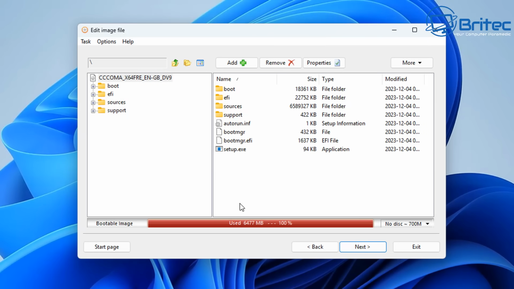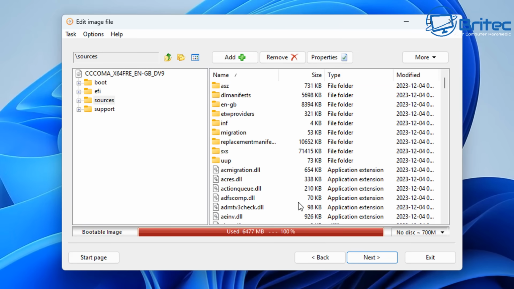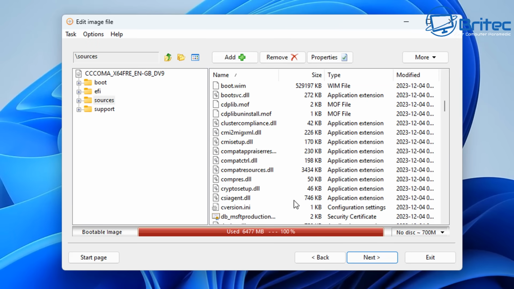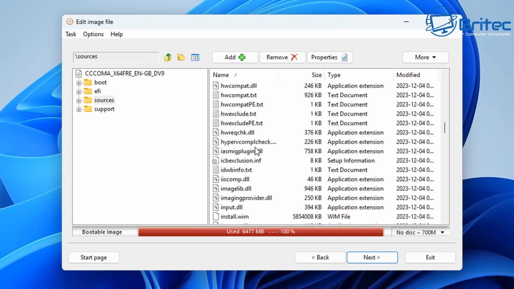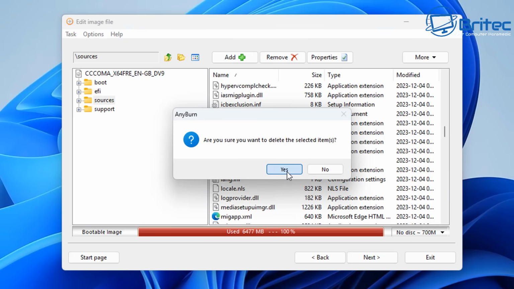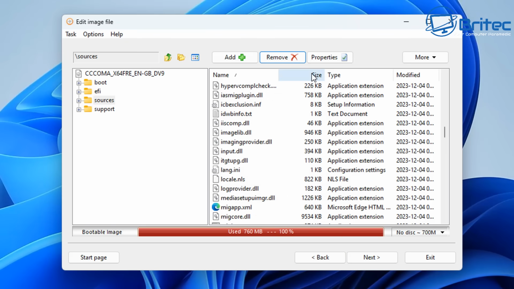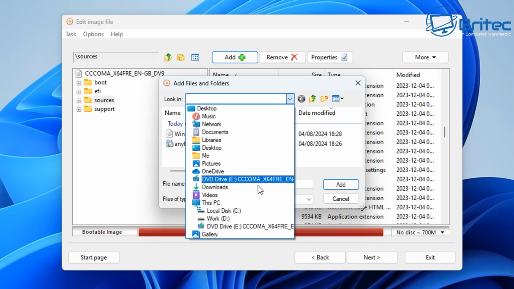And from here, we want to go into the actual ISO here. So go to sources and then look for install.wim, which is what's inside here, which is what's going to be installed on your system. So let's go ahead and select install.wim. And you can remove this and delete it because we don't want to use that install.wim. We want to use our own custom one that we've just created that has all the applications, programs and browsers that you've installed. Now we've done all that, we can now click add, and we can now choose the install.wim